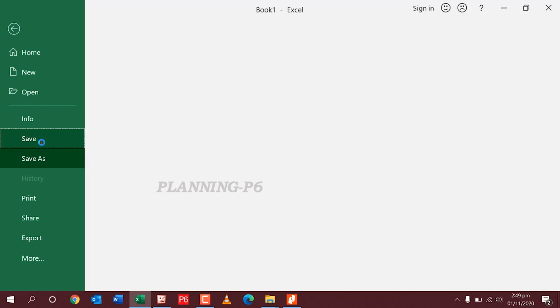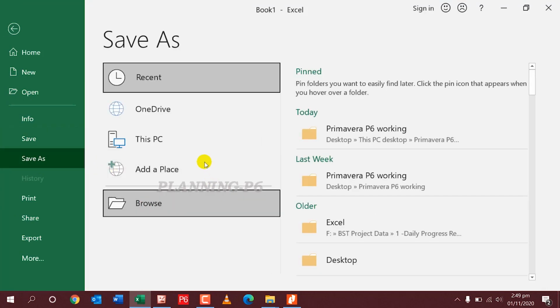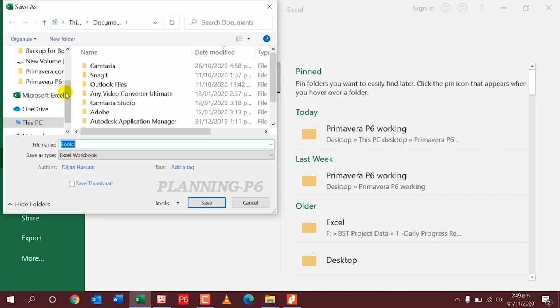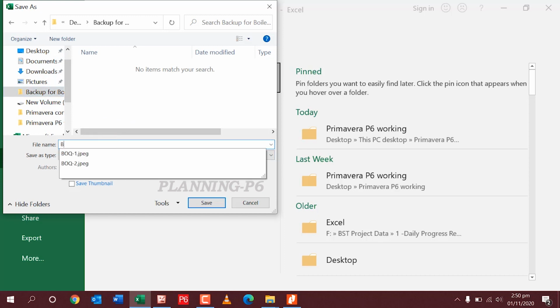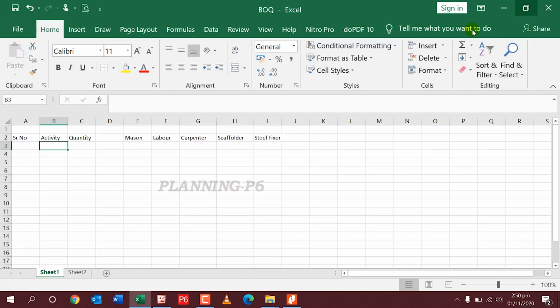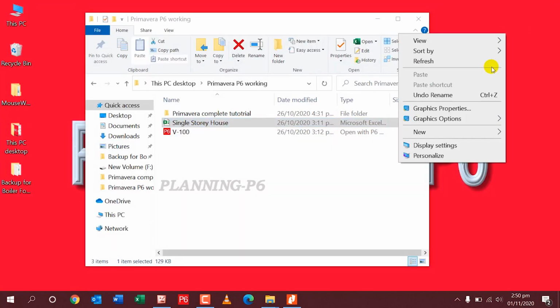I will save it here in the same folder, backup of Bajaj Foundation. This is BOQ. Here I save my file. Let's close it.